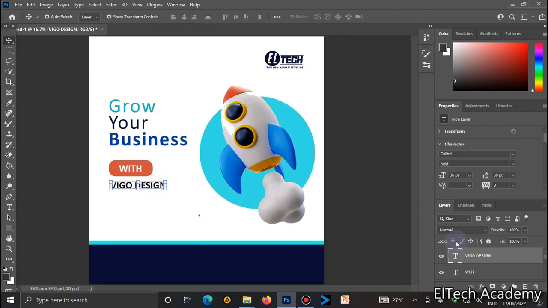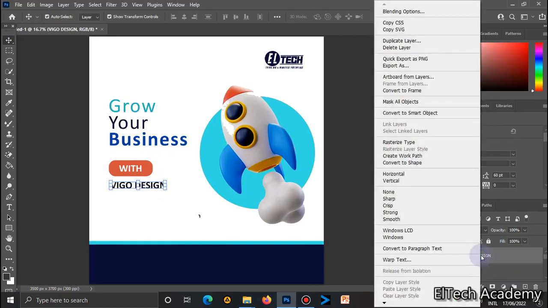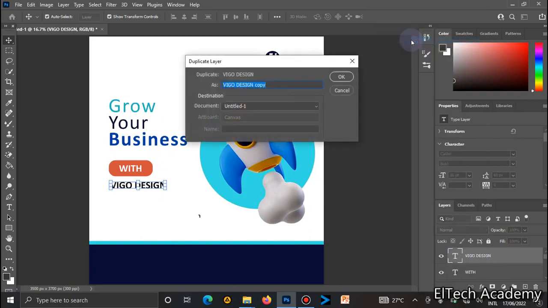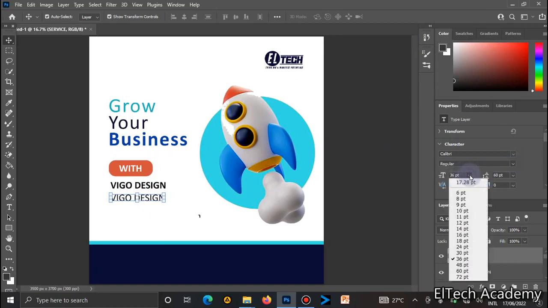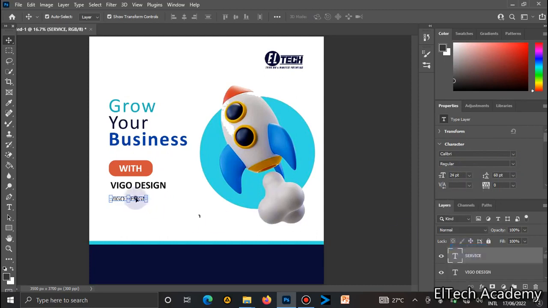So the next thing I will show you is we've already looked at duplicating. I will duplicate this text layer and say services. That is the name of the layer. Okay, so it's still there. Just drag it down, and I'll now go to fonts and use regular. I'll reduce the size to 24 actually. Okay, so what I will just use is